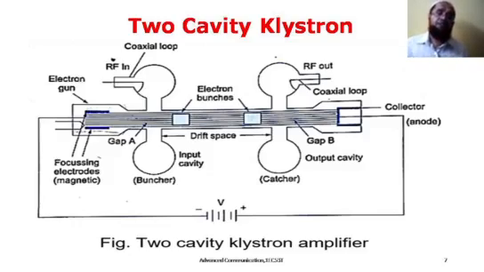Basically, if these cavities were not there, normal operation would be that whenever electrons emit from the electron gun, they are collected by the collector, that's all. So we are placing two cavities. The intention of placing two cavities is to have the velocity modulation, the bunching process, and the current density modulation. If electrons go normally from anode to cathode, there is only one current density. Throughout the tube you find the same current density.